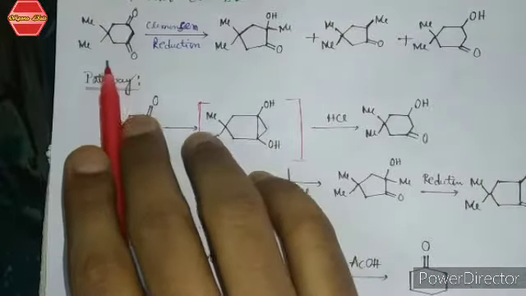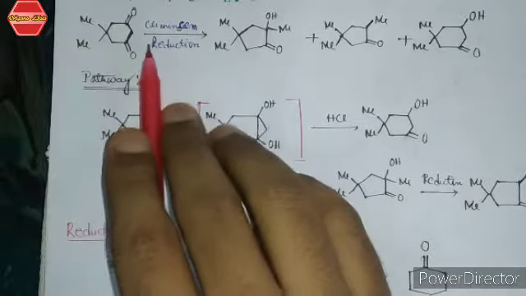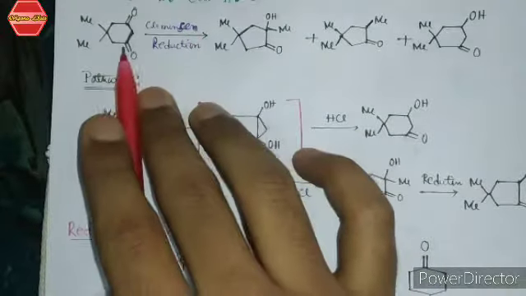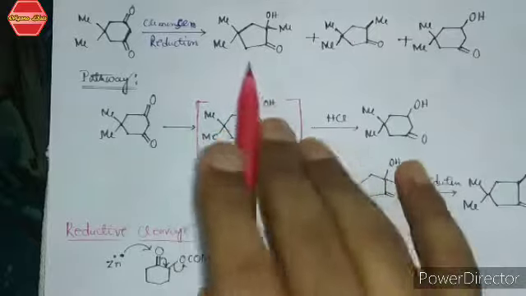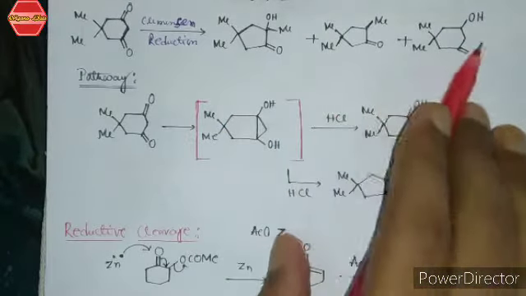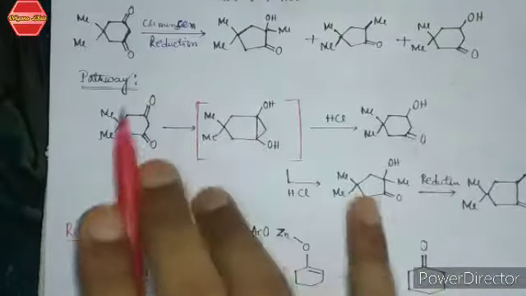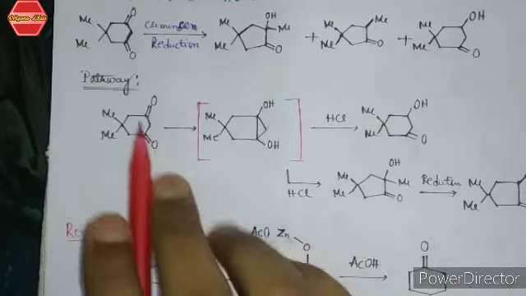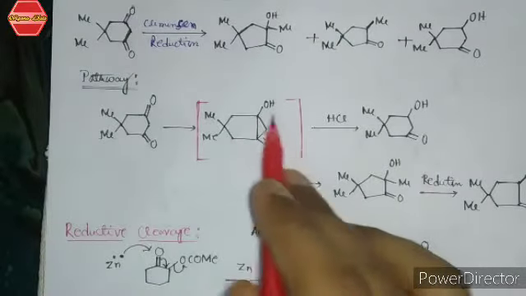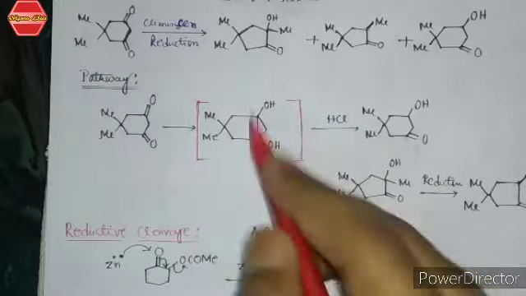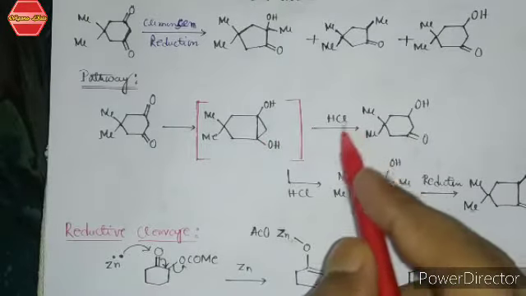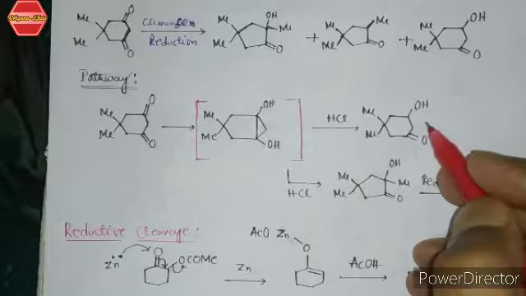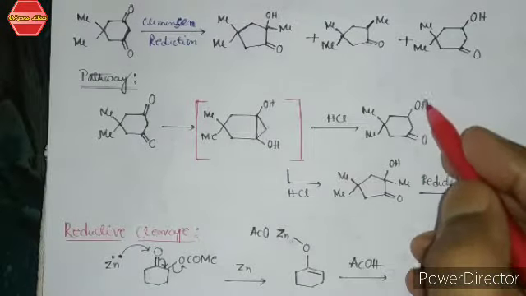It is this one. Now this type of compound is called dimidone. If you use Clemmensen reduction on this type of compound, there is a possibility of 3 different types of product. Like this one, there are two 5-member rings, and this is a 6-member ring. Now how are these 2 five-member rings formed? The possible pathway is that these two ketones, this one and this one, generally form a 3-membered, cyclopropane type ring and glycol type intermediate. This is your intermediate. This intermediate is generally hydrolyzed in presence of acid, and now it forms this one as a ketone, and here is your OH.